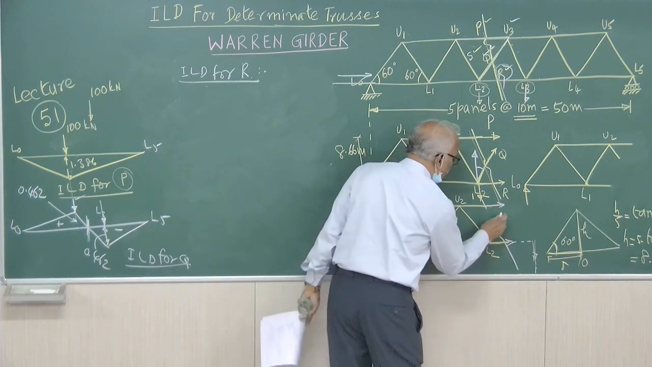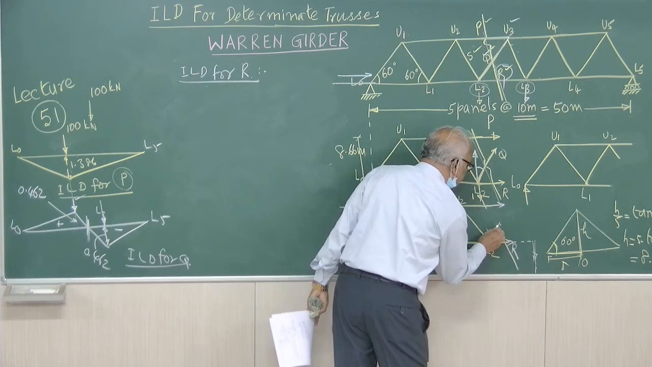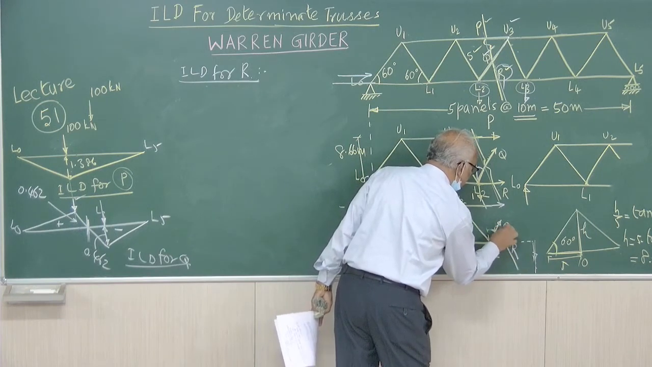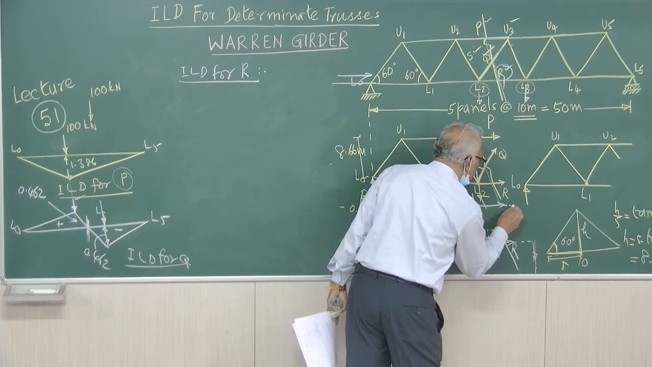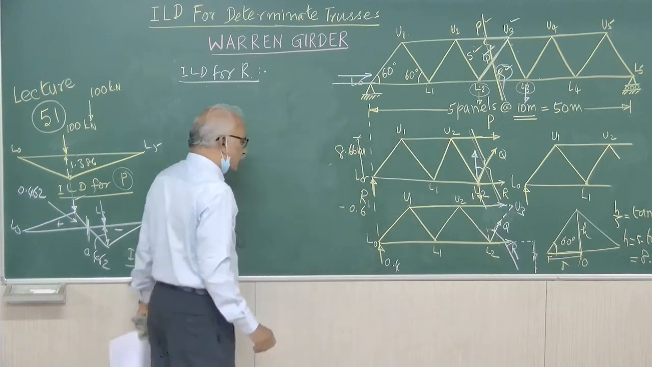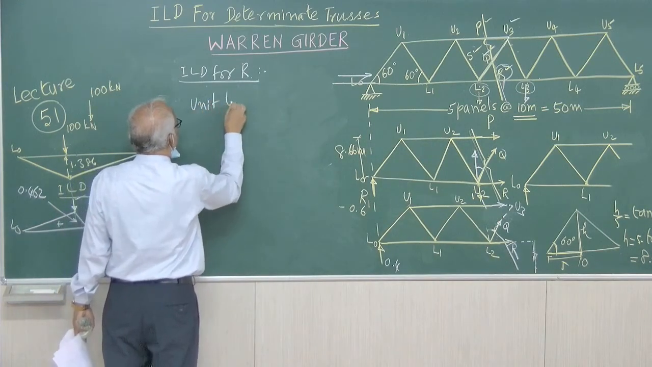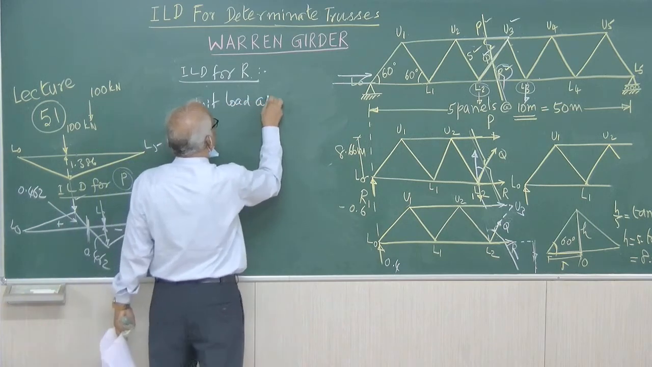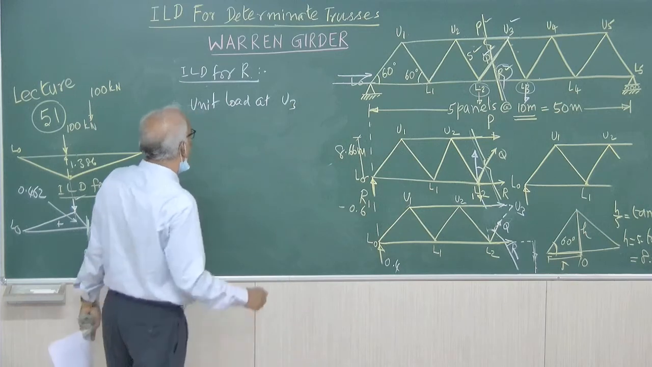The other two cut members, so we are interested in R. This is Q, this when extended and this when extended meet at the point U3. Therefore, we have to apply the unit load at U3, where the other two cut members meet. Moment center